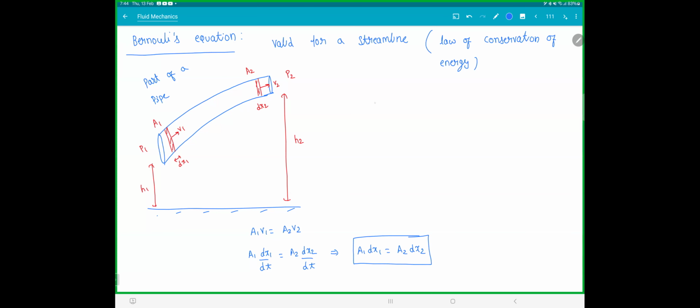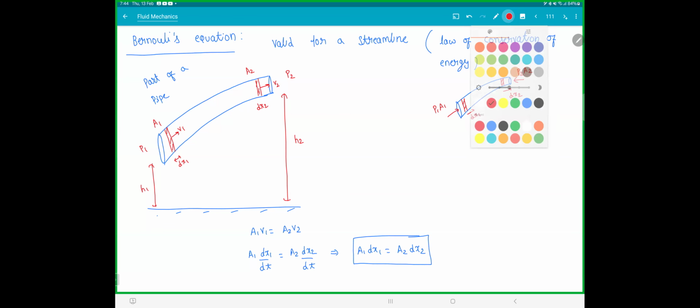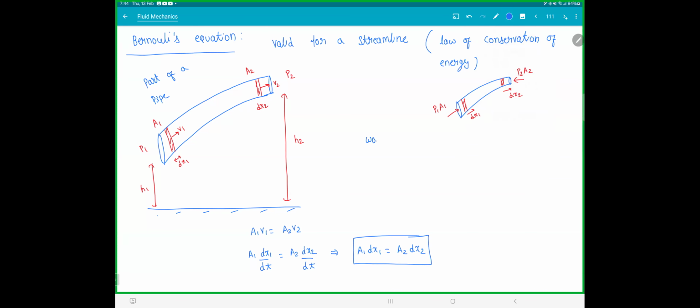Next thing, if you just look at this pipe here, the force acting is pressure P1 into A1. The displacement is dx1. On this side, the pressure is pushing the opposite way, P2 A2, and the displacement is dx2. So work done by the pressure: the pressure on both the sides is pushing the liquid. The left hand one is pushing P1 A1 dx1, force into displacement. This is P2 A2 minus sign dx2 because the force is opposite to the